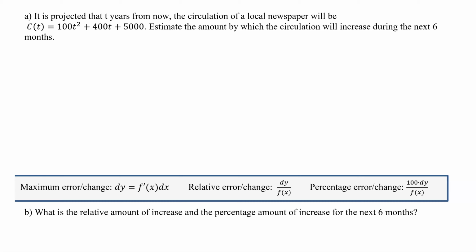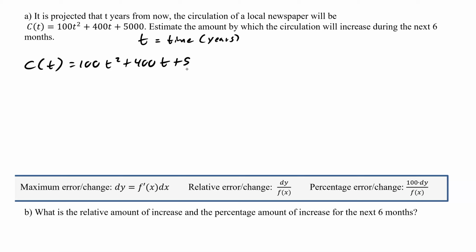All right, so we're going to do another video for our maximum error of change, relative error and change, and percent error and change. So it is projected that t years from now, so that's our time, t is time, and again we want units, years. The circulation of a local newspaper will be C of t, so that's our formula. C of t equals 100 t squared plus 400 t